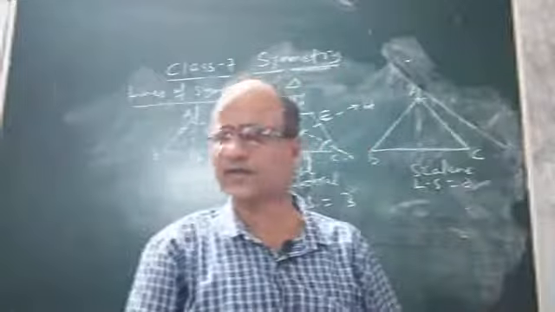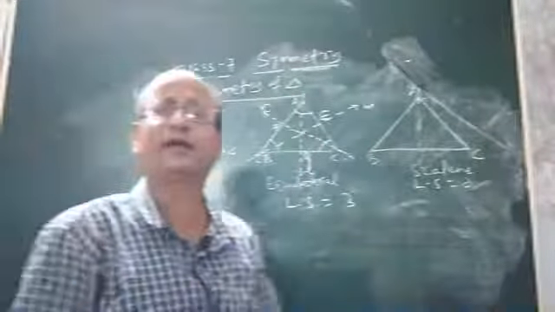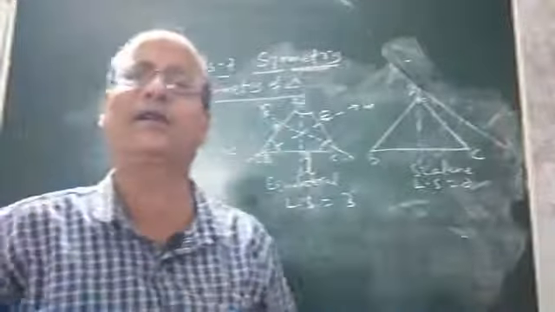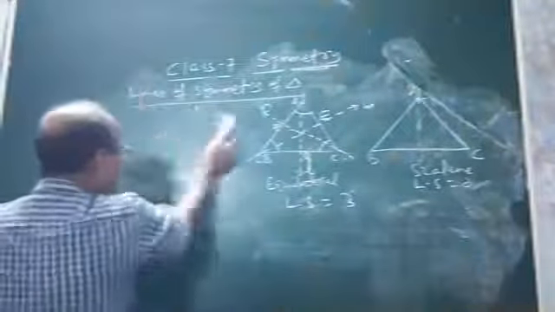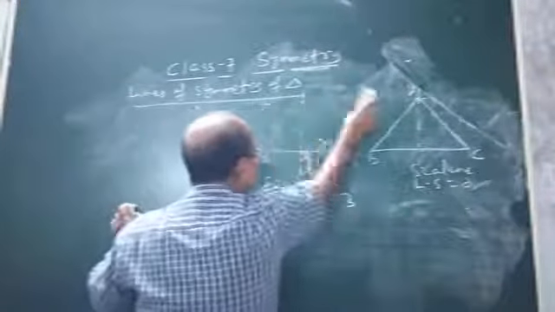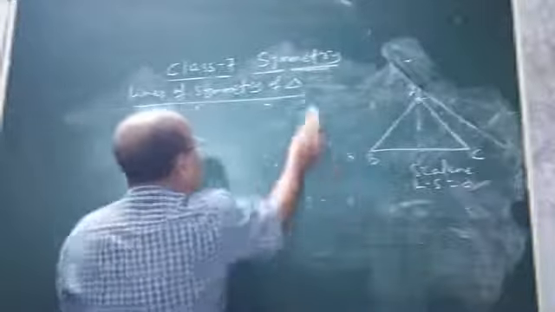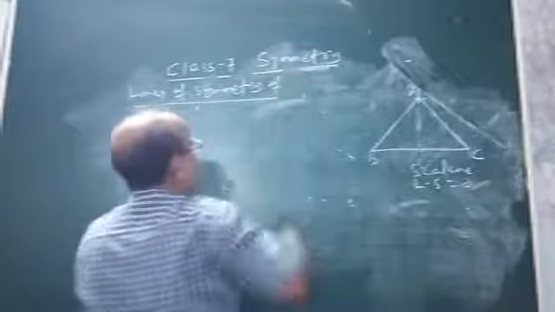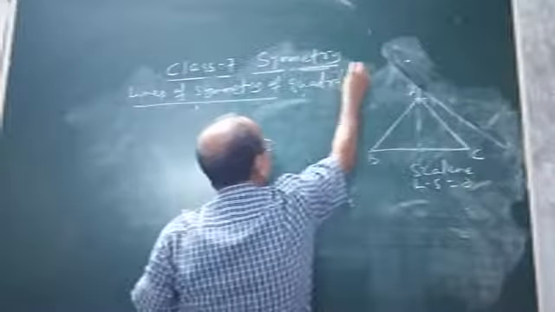Okay. So children, this is the concept of what? Line symmetry of triangle. Now, line symmetry of quadrilateral. Let us discuss line symmetry of quadrilateral. See, you know what is a quadrilateral? Quadrilateral means any closed figure bounded by four sides. Your rectangle, square, you see. Quadrilateral. Let us discuss line symmetry of quadrilaterals. Okay.